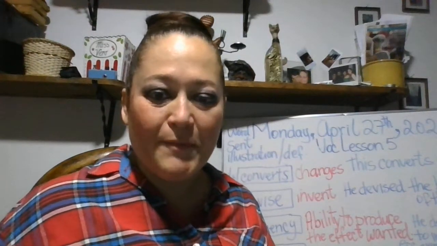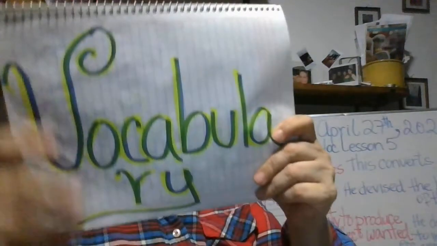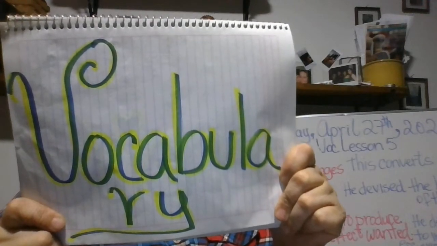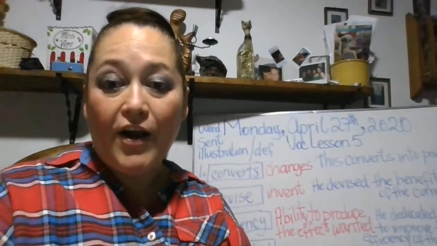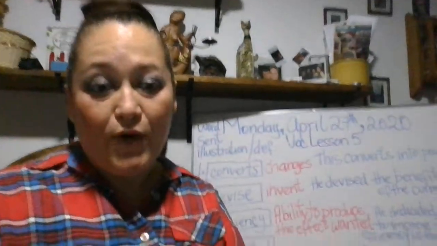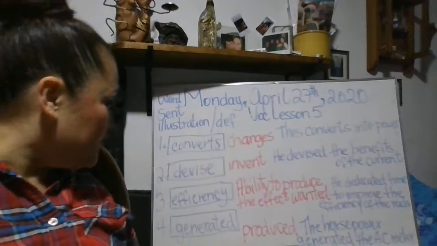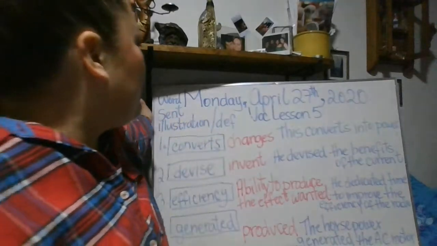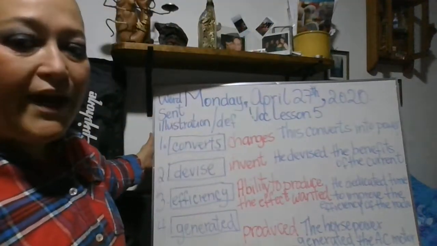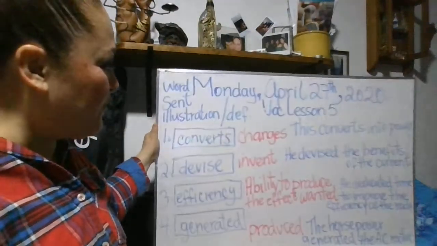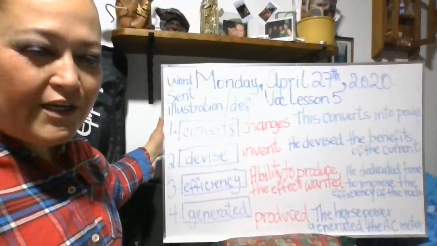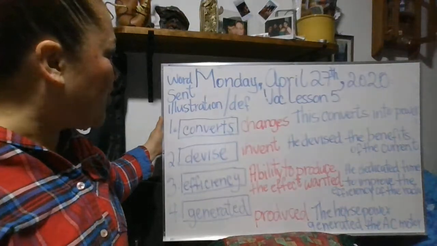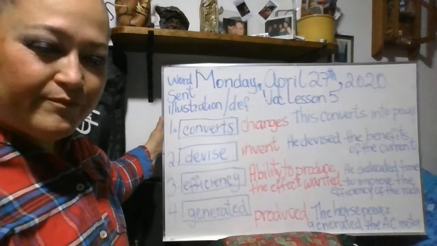Okay, guys, we're back. It takes turn to vocabulary. Lesson 5. We are in lesson 5, remember? So these are the first 4 words from our story, okay? These are the first 4 words of our story. Here they are. The words are converts,